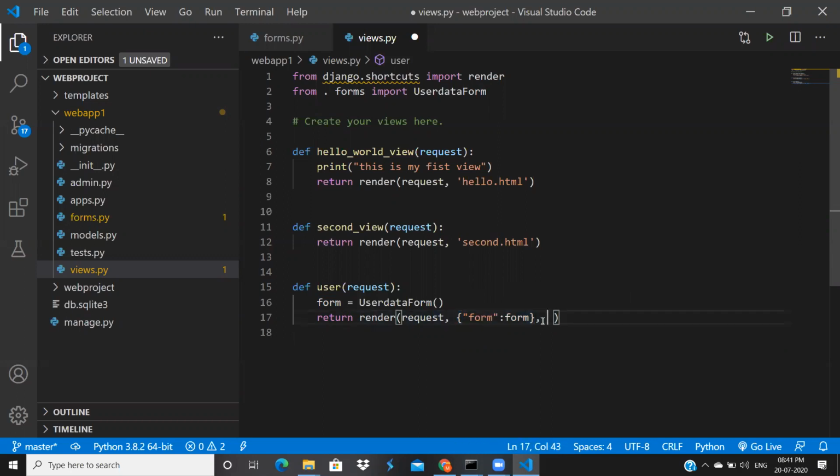Don't worry if you didn't understand it the first time. We're going to discuss this in projects, how we deal with it. Previously, we were returning request and our template name. Now I am returning request as well as sending one dictionary, and inside this dictionary I kept the form object. That's a simple story: I created one form object, and I'm returning that form object to the template. How I am going to use this object in the template is a different story. I will tell you now, just wait a minute.